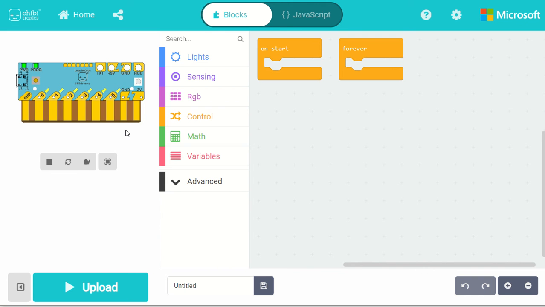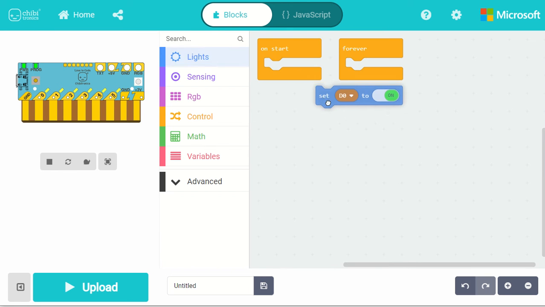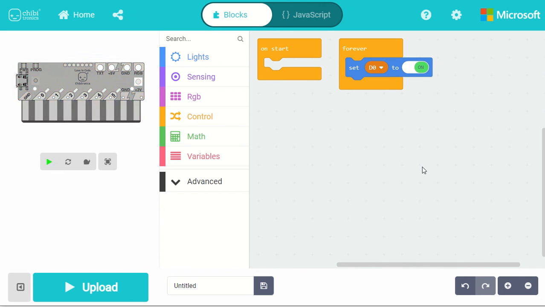So first of all, what I have to do is that I need to turn on the light. Okay, so in case if I want to turn on the light, for exactly I have to do is, first of all, I will be pulling up this set, which is set D0. So what exactly people have to do is you have to drag and hold it, and then you will be placing it on this particular block over here. So I need to turn on my LED. So the moment I have placed this particular block on the forever loop, you people can see that now the LED is turned on.